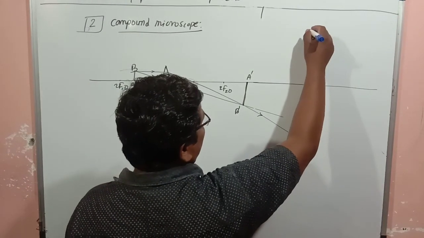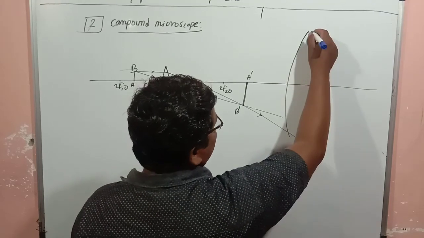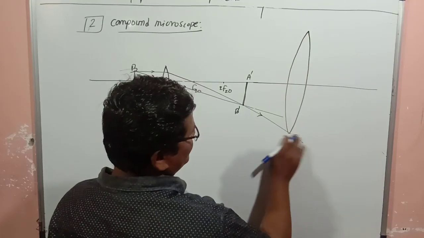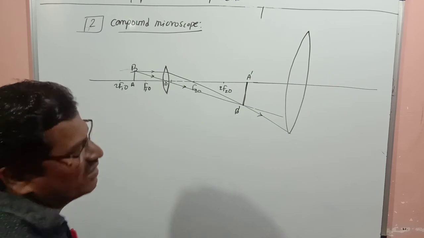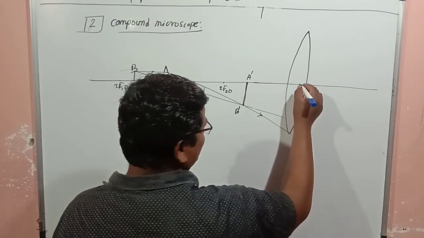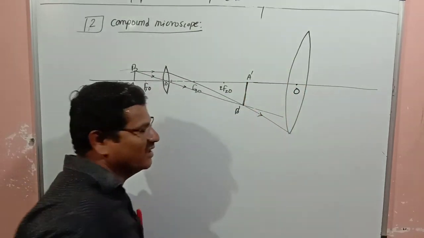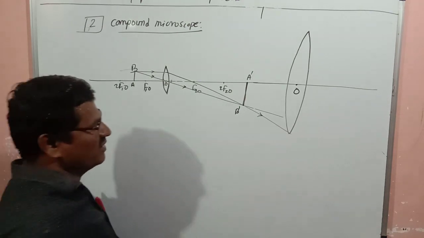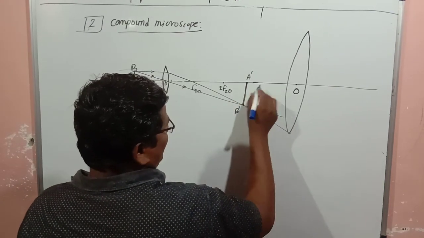Now you take a larger convex lens. Here will be its optical center, and larger